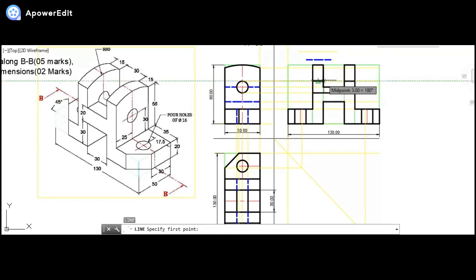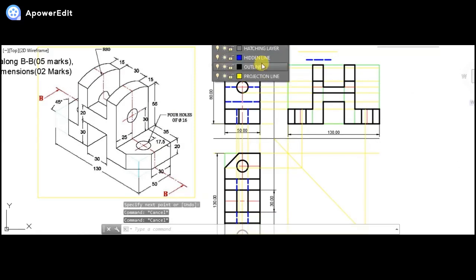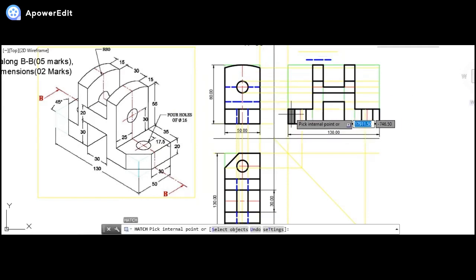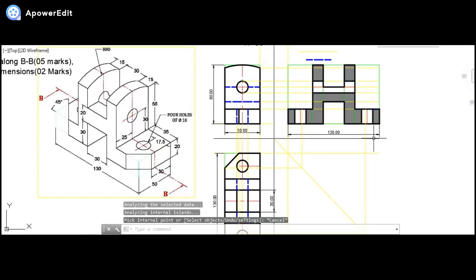So now I'll be simply showing where the center lines are expected to be shown. So center lines are expected to be shown from here till here, even from here till here. Okay, center lines here we have already shown. Now I will simply hatch the part again. So now I can select the areas one by one. So this is the first one, second area, third, fourth, fifth, all the areas. Now I can hatch it very easily because this will be completing my entire diagram. So since we are done with this, as you can see, the entire area is hatched.